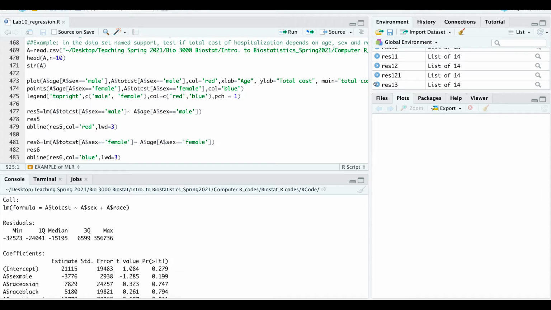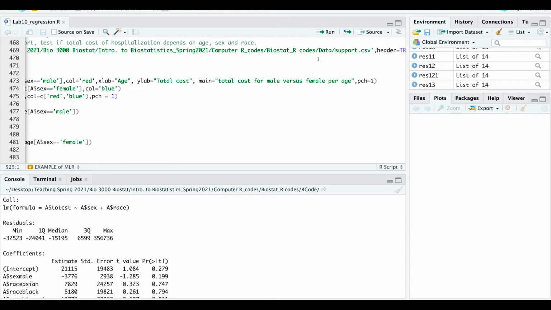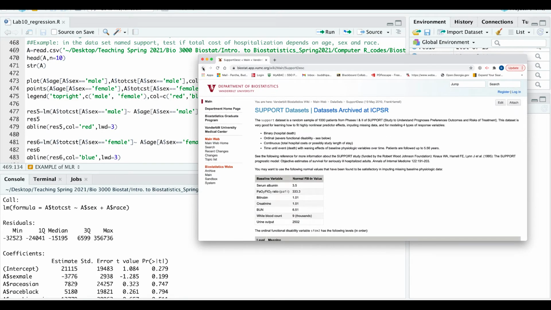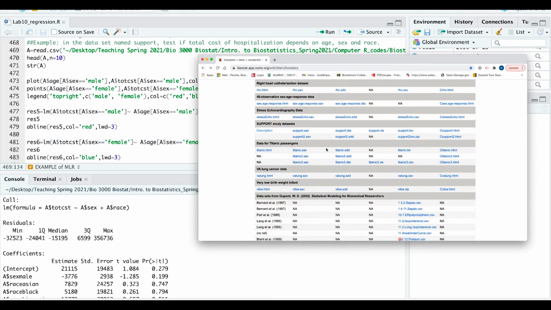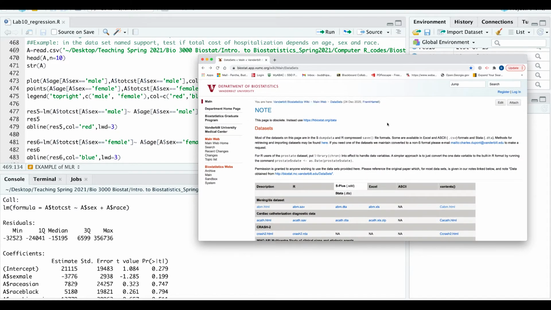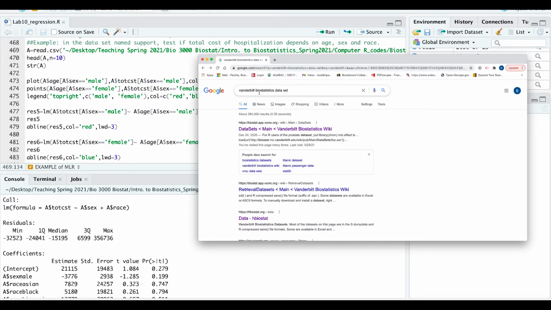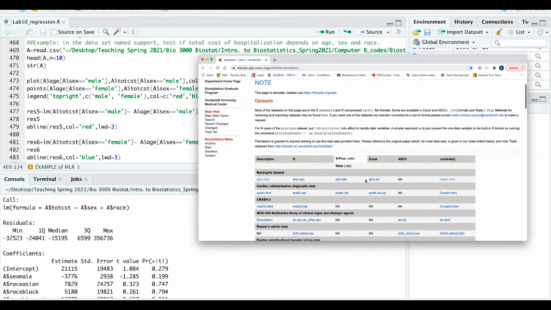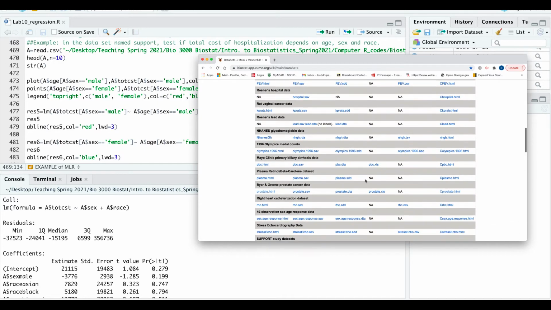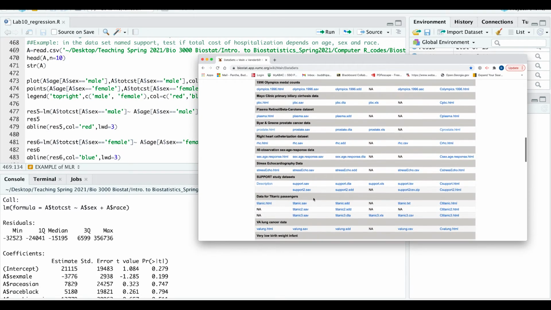So I am pulling a support data set. You can download the support data from the Vanderbilt University Biostatistics dataset. You can search in Google for Vanderbilt Biostatistics dataset, and then click the first link. You see the list of the data, and if you scroll down, you see the support dataset. There is a support.xls. If you download this and then save it as a support.csv file,